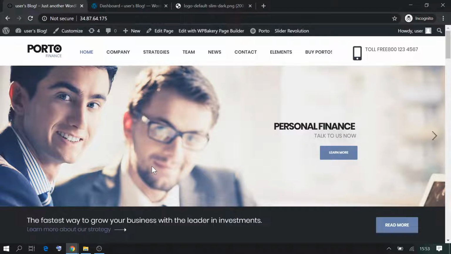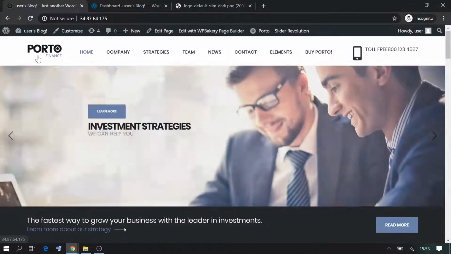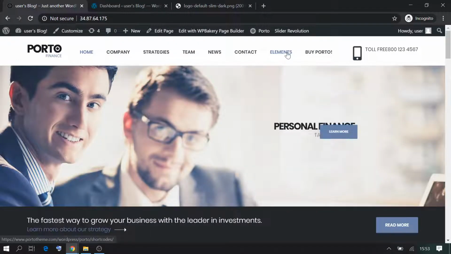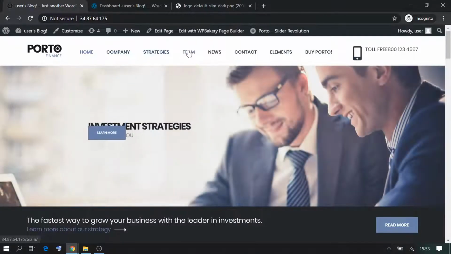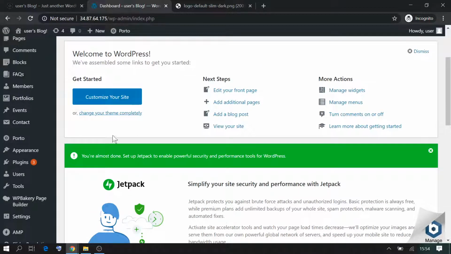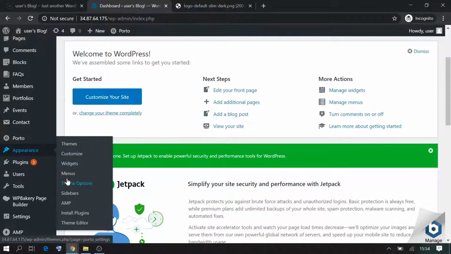Next we will update the header, that is the logo of Photo Finance, and the menus which are there. Now there are many unwanted menus like buy photo, elements, which we need not keep in this website. We just want home, company, strategies, team, news, contact. So these are the menus that we want, and the toll free number where the person can call us directly for information. So we'll just go to appearance, we'll go into the menu tab,